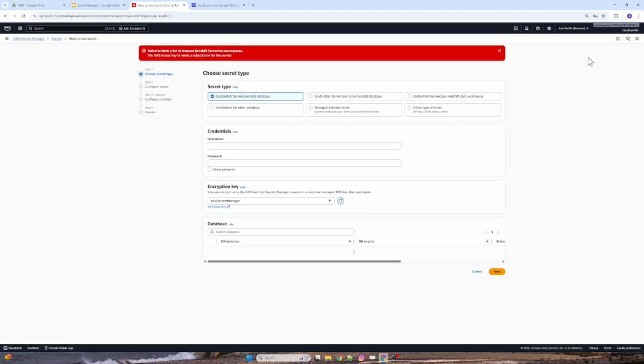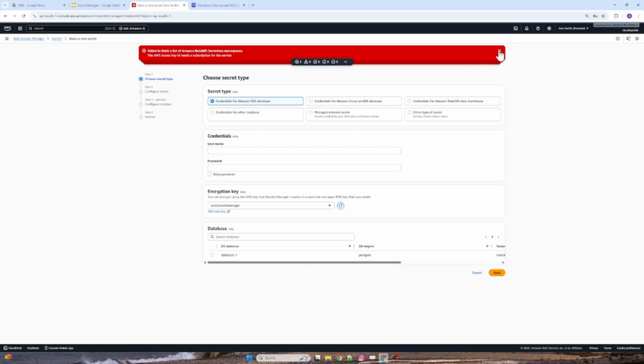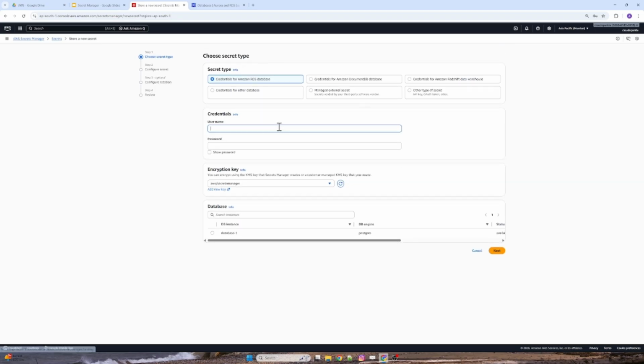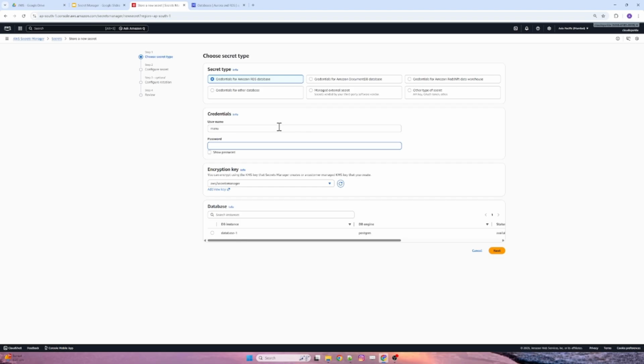If I click on store new secret, credentials for RDS, here I can give a different name like Manu, and I can give some random password. Now here I need to select the database. If I select a database, this particular username and password will be mapped to this particular database. Okay, if I click on next,